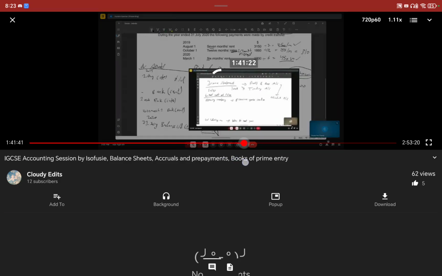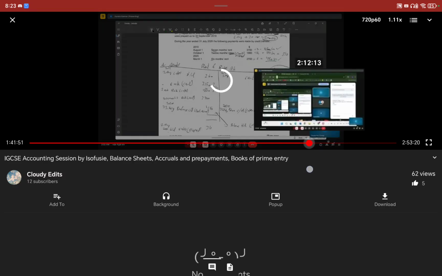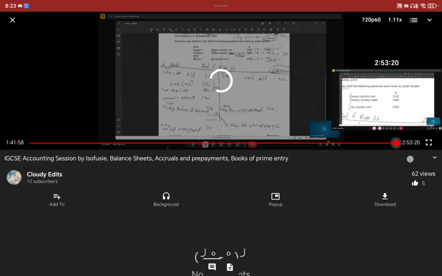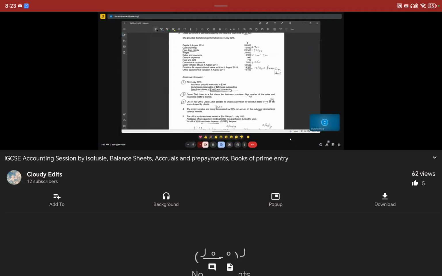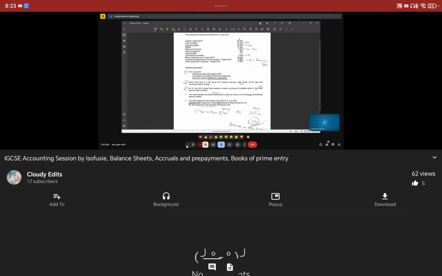This side is complete, right? Do we know that the debit side is complete? This is me explaining accruals and prepayments. Here, yes. So, cool. The debit side is complete, and on the credit side, remember, we need to put these things. So, income statement. So let's first find the total. So if we just